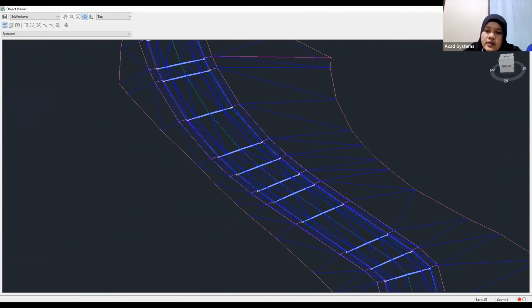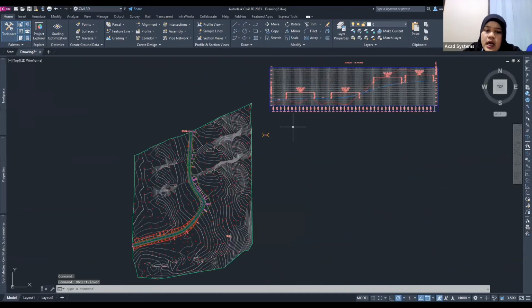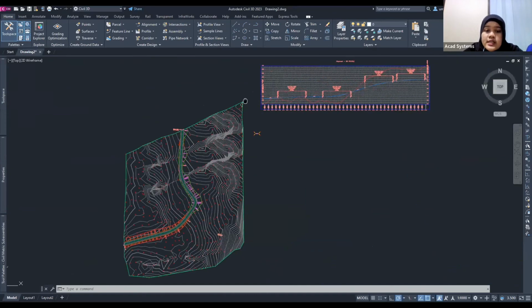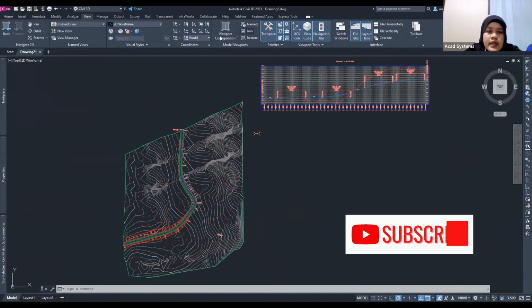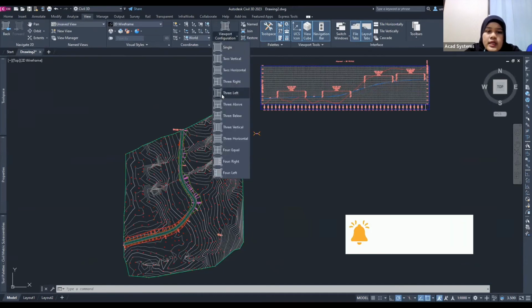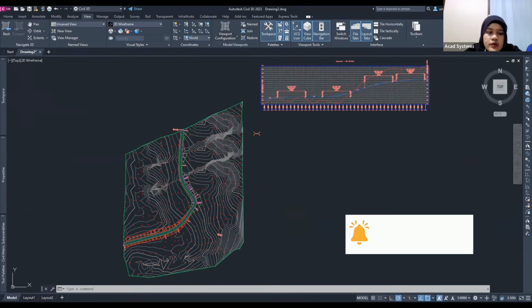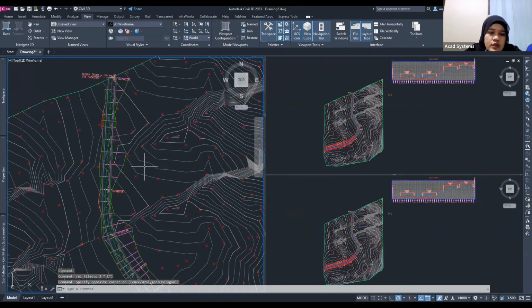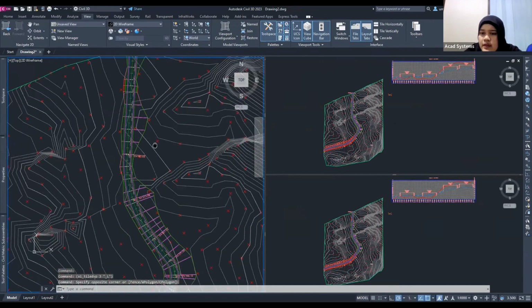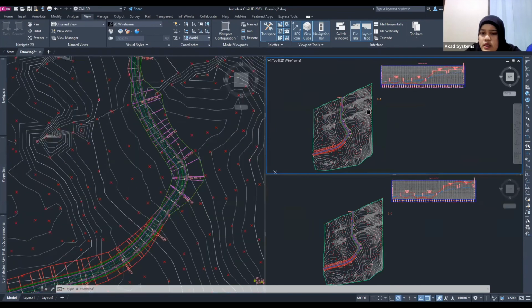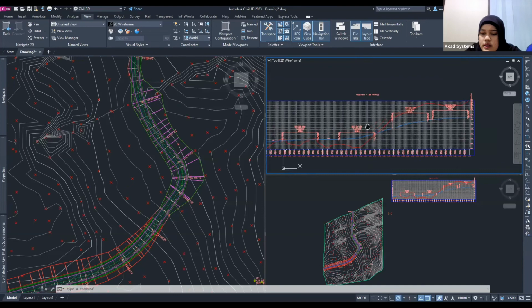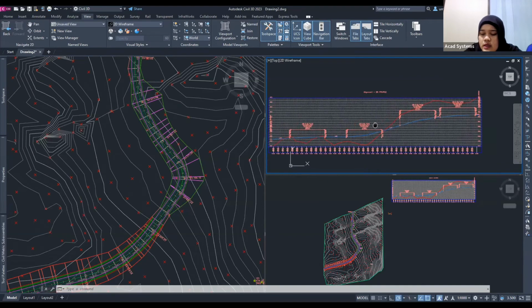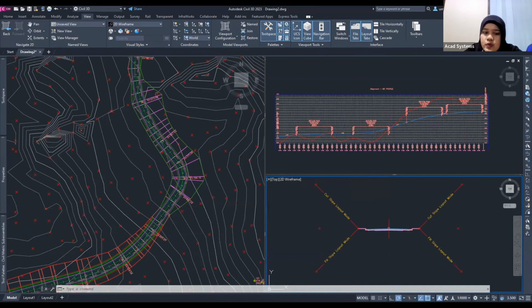Close this one first. So now I'm going to make our view of our drawing easier for us. So I'm going to change the view, go to View Panel tab and change the viewport. Viewport configuration, change this one to 3 left. So for the first view, I'm going to zoom into our corridor. And then for the second view, this one will be the profile. And then this one will be this assembly. So it's easier for us to